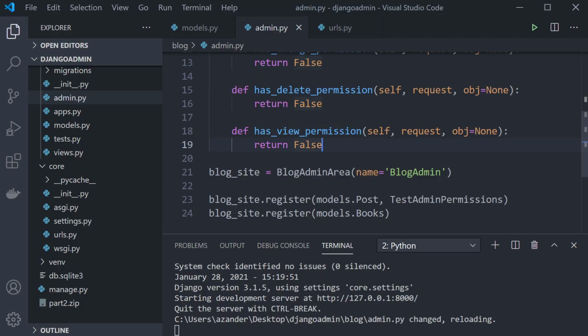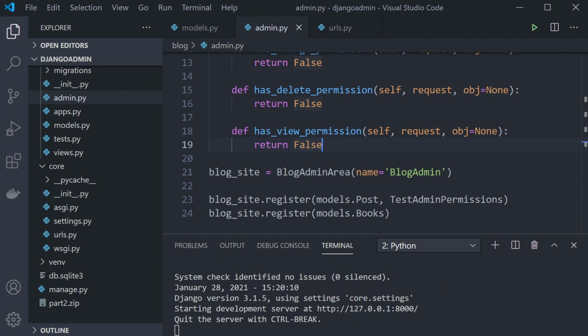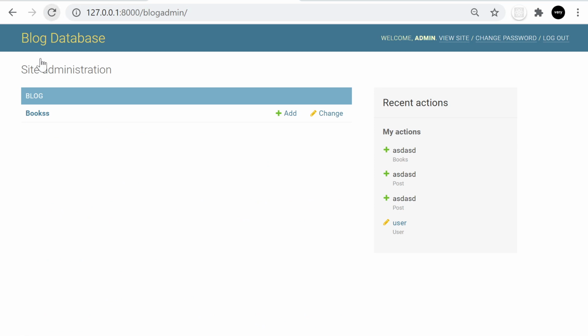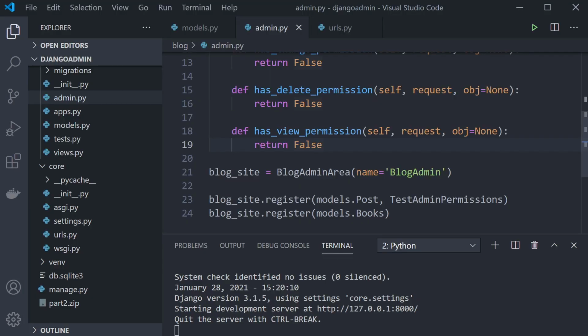Okay, so we're going to change that to false. So we shouldn't now be able to view. So when we go back in and just go to the home to refresh this, you can see that these things disappeared. So the actual model has been removed from the list here, and we don't actually have access to it. Of course,